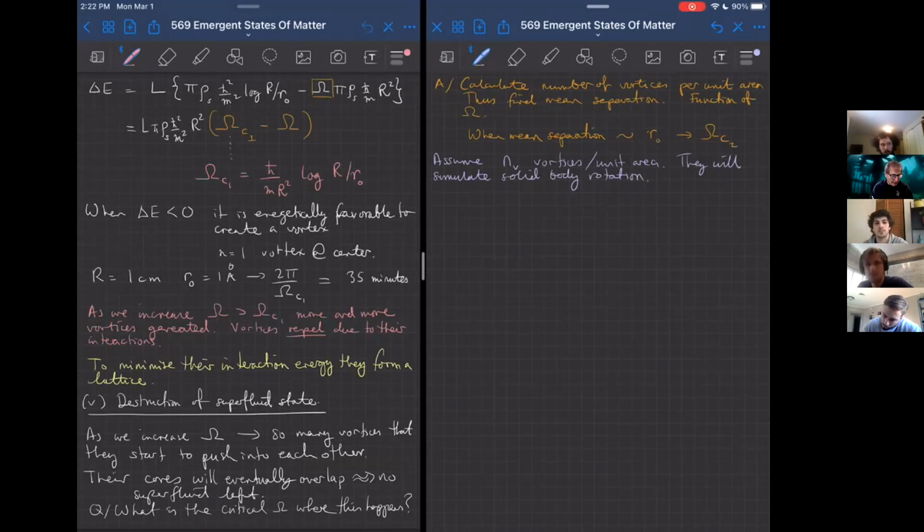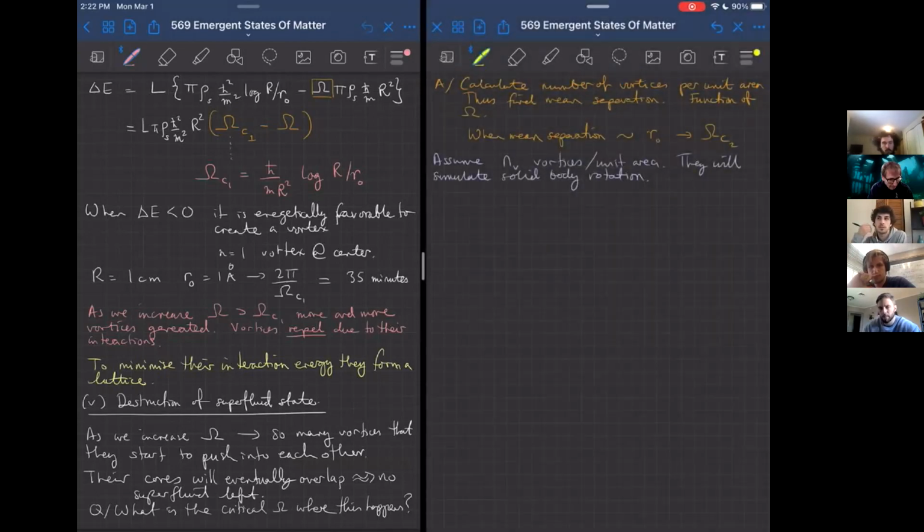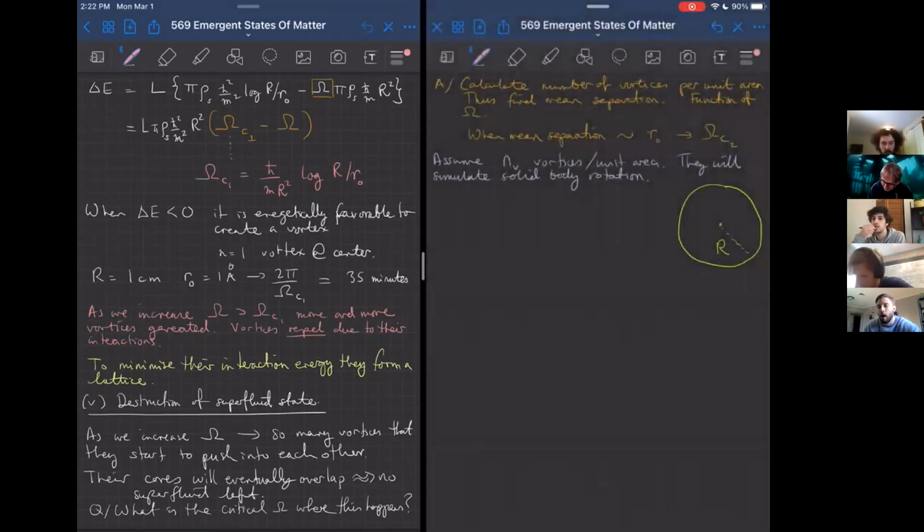So let's work out what that rigid body is going to effectively be rotating like. So what I'm going to assume then is I have a picture like this, looking down at my bucket from above. This is the center of the bucket. This is the radius of the bucket, and then at some distance r, we'll call this little r,